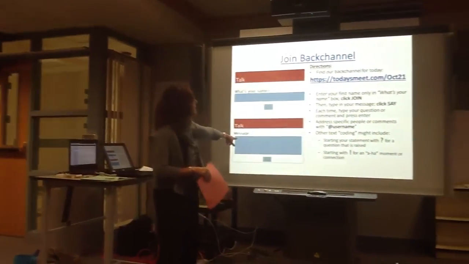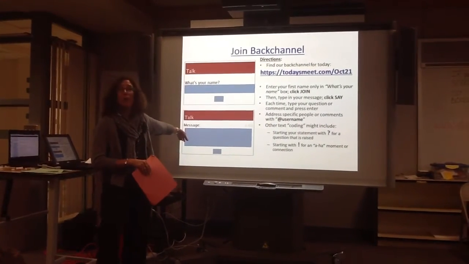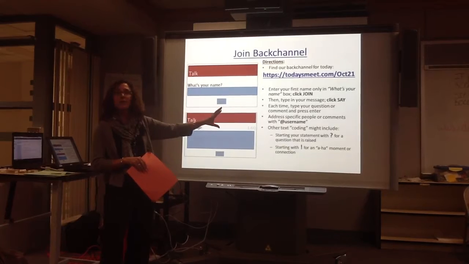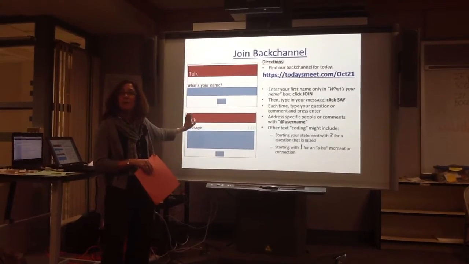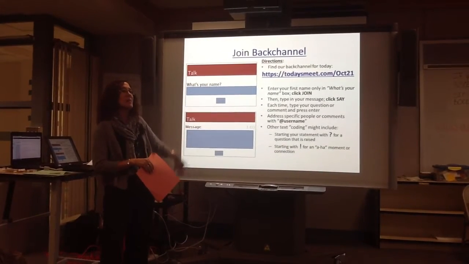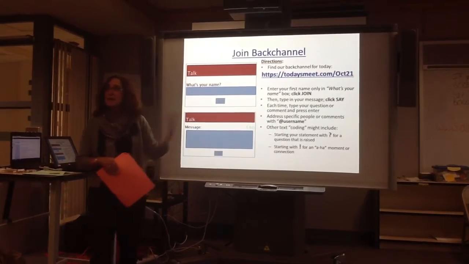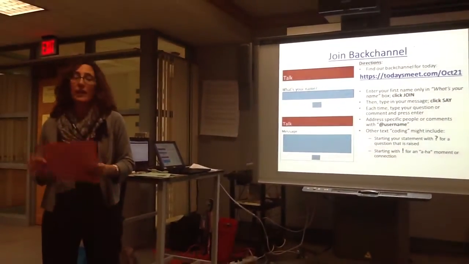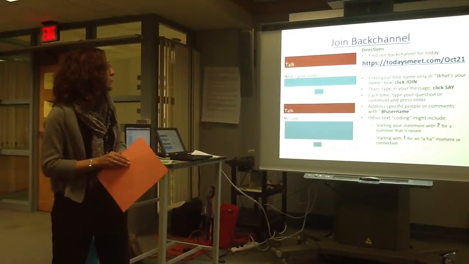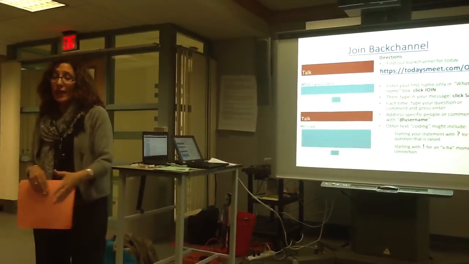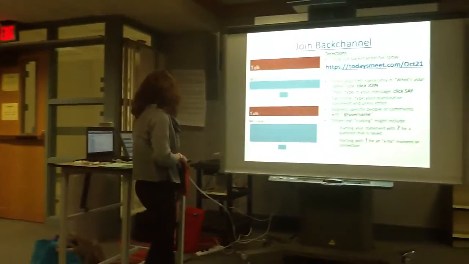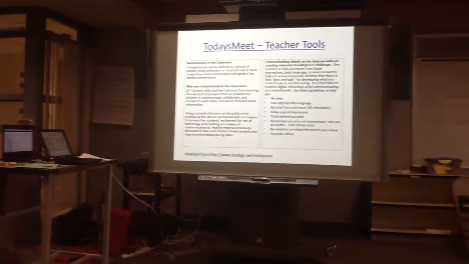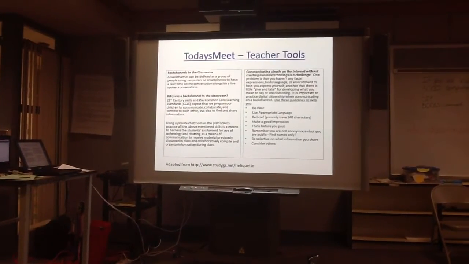Some ways to text code: if you have a question for somebody, you would start your sentence with a question mark and then direct who it is to. Or if you just have a comment or some kind of aha moment, you would start your sentence with an exclamation point. So we're using some text tagging, pulling in the literacy skills along with how to use a back channel in the classroom setting. And then what you'll notice on the green handout, again, are some things you need to think about, right? How do we prevent kids saying things that we don't want them to say on the back